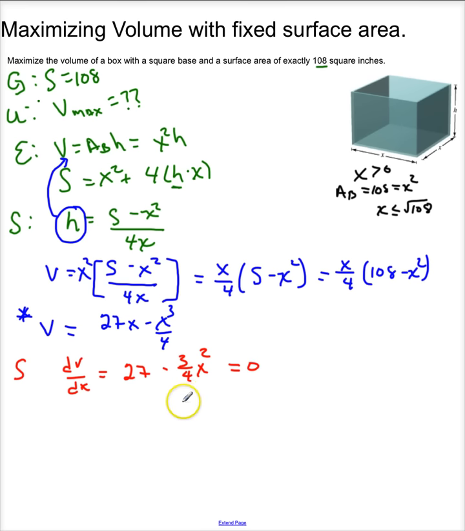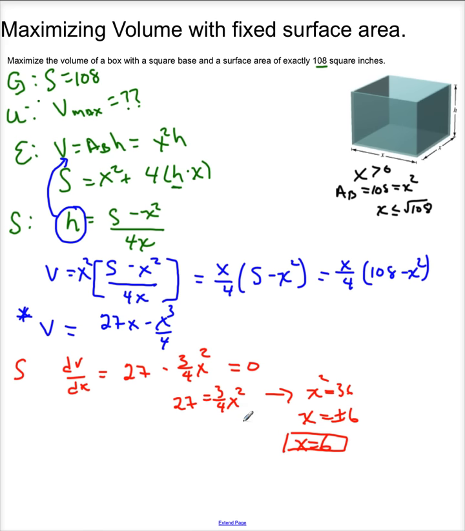When I solve this, I get 27 is 3/4 x squared, which tells me that x squared is 36, or x is plus or minus 6. So since I know my domain is restricted between 0 and the square root of 108, I get that x equals 6